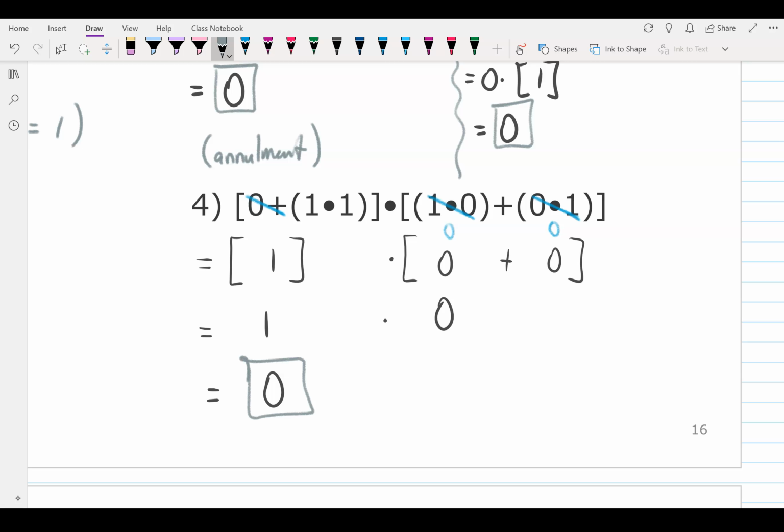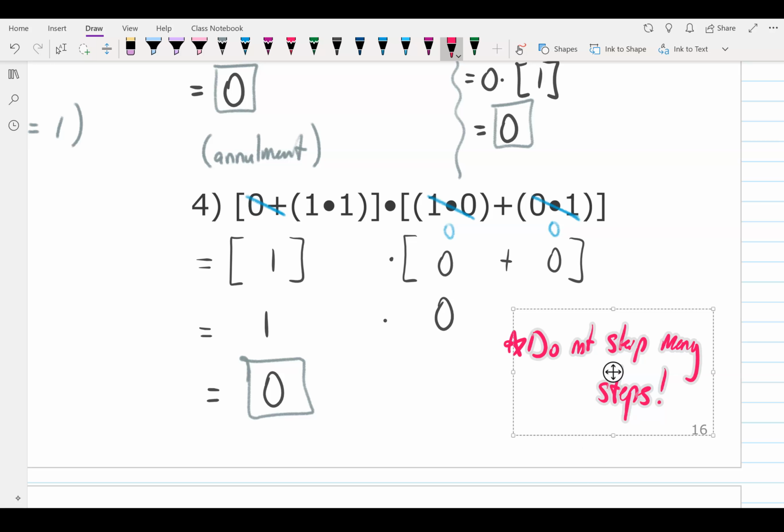Now, there are many ways to approach this. Different people have different strategies or points of view on how it should be done. The only thing I'm going to ask of you is show enough steps. Don't skip too many steps. And the reason I'm saying don't skip very many steps is because at the end of this problem, problems like